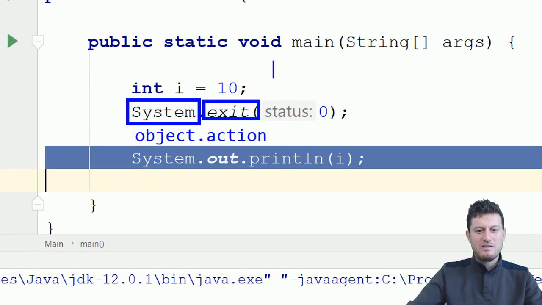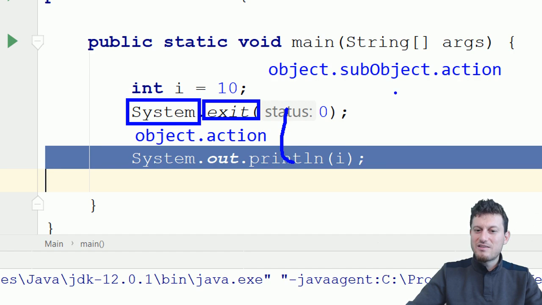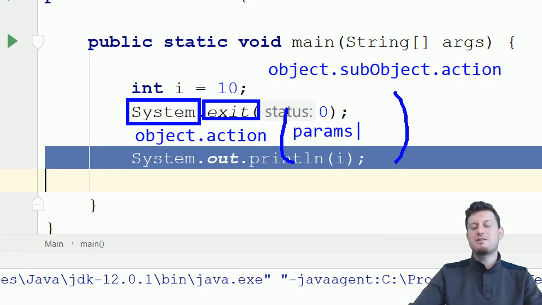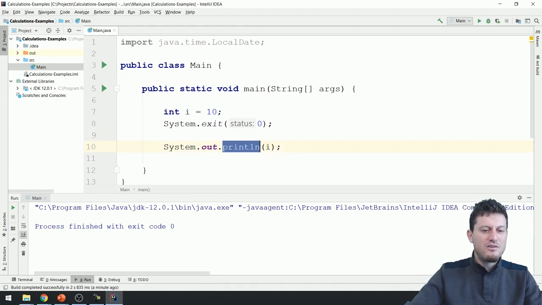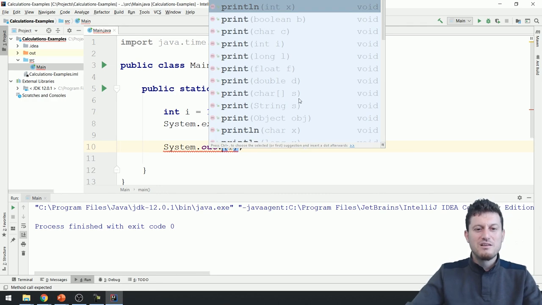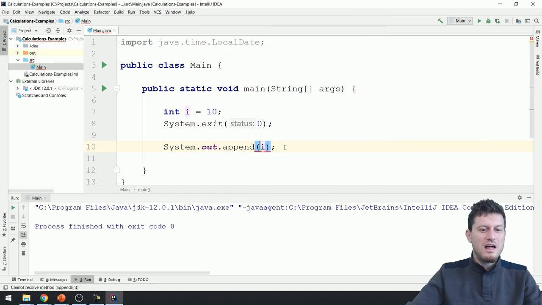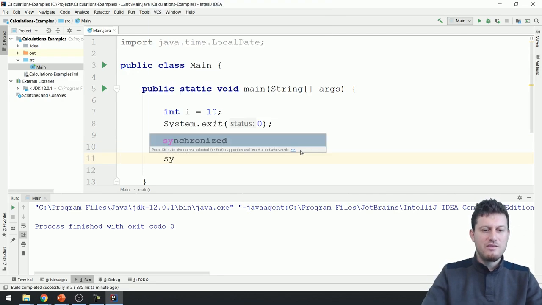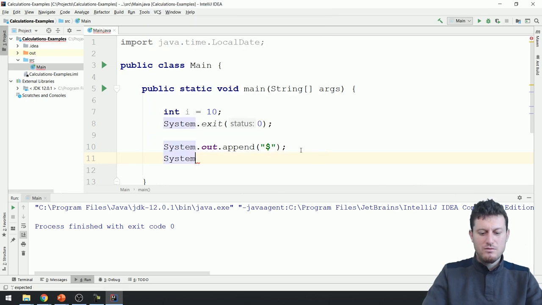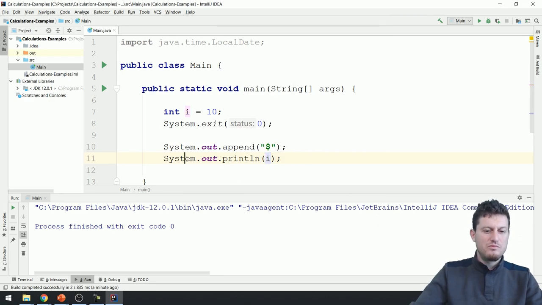Or it might be like this: object dot sub-object dot action, and after that we have brackets and some parameters. This is how statements are usually constructed. So I may have System.out, not println, but these are the possibilities here. Dot append, please: System.out.append of this character, and then System.out.println(i). Now if I run this,